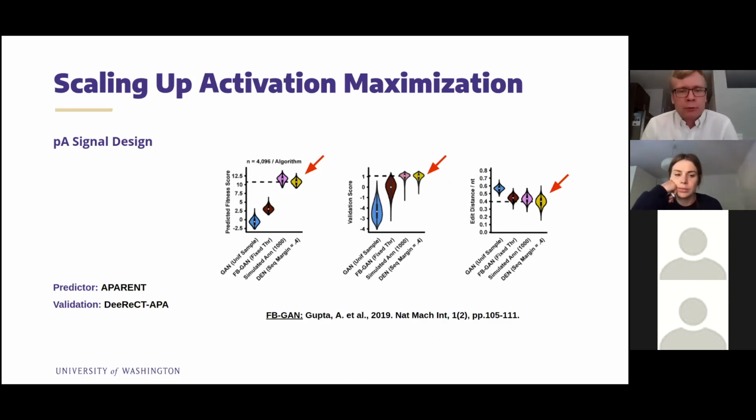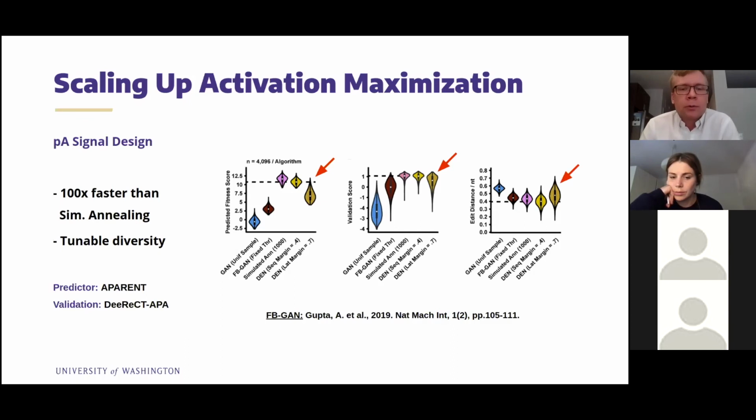So, if you look at these plots, you may of course say, well, so then we should use simulated annealing, right? Because it's marginally better than the deep exploration network. And fine. However, the big upshot with a deep exploration network is that it's considerably faster, right? Because once we have paid the initial cost of training the generator, it's very fast in sampling new sequences. Whereas simulated annealing, you have to essentially run that very long for every sequence you design.